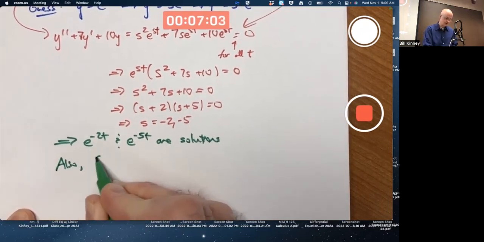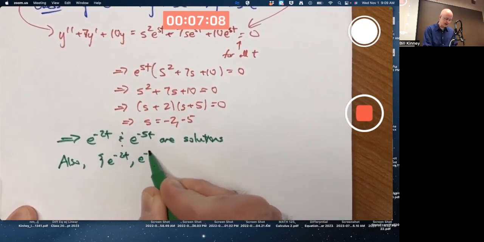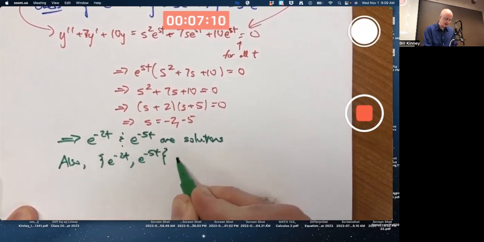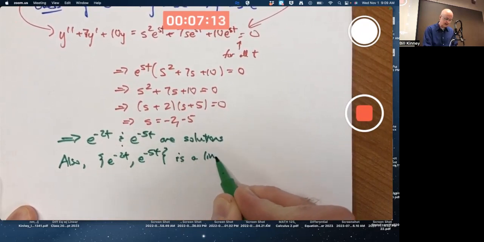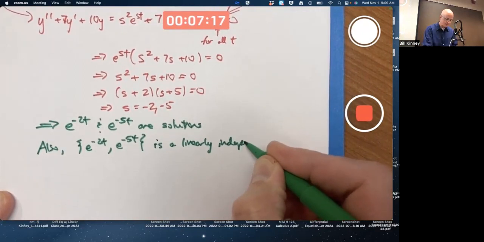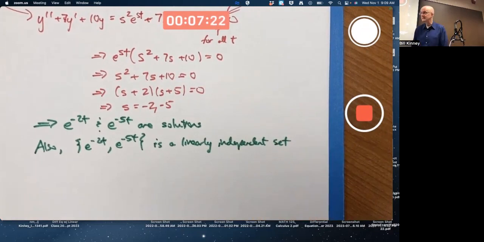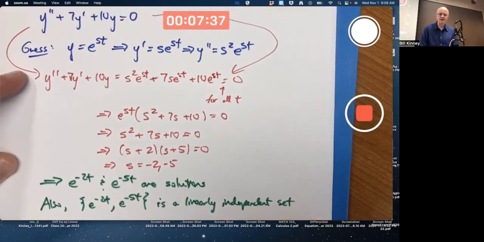Also, this set of 2 functions, e to the -2t and e to the -5t, is a linearly independent set. I'm trying to tie everything together here. Does that mean it's a basis for the solution space? Well, it would also have to span the solution space. I don't emphasize this enough in the lectures, maybe once or twice I mention it. If you've got a second order equation like this,